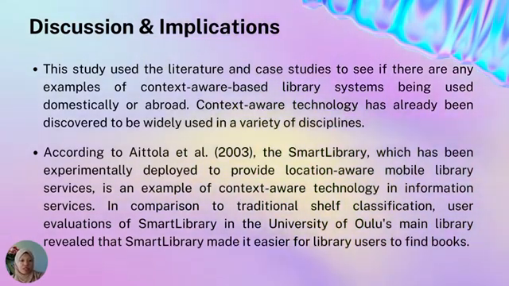The study used the literature and case studies to see if there are any examples of context-aware-based library systems being used domestically or abroad. Context-aware technology has already been discovered to be widely used in a variety of disciplines. According to Aittola et al. 2003, the Smart Library, which has been experimentally deployed to provide location-aware mobile library services, is an example of context-aware